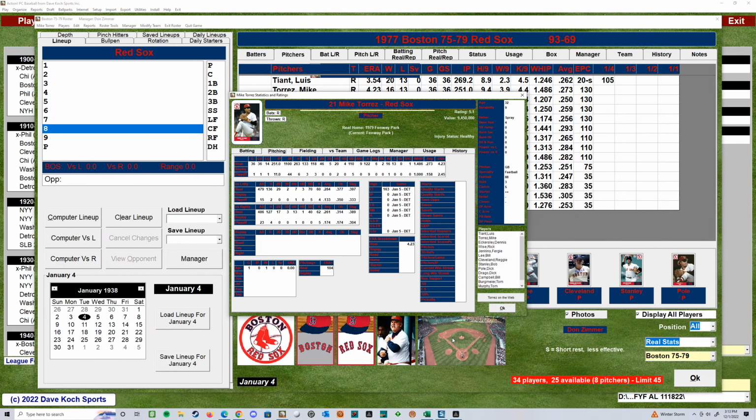Not the greatest numbers. I don't know. But here's what's cool. Now that the playoff tree's been set up, when you go to track it, it's tracking. He's got his real stuff, right? We didn't do like a season replay. That's where these stats would be tracked. But now it's tracking what he did in the playoffs. So that's kind of cool. I had never messed with the playoff tree in years. So pretty happy in how easy it was to set this up and to play games from it. And that's something I've just dug into this last week.